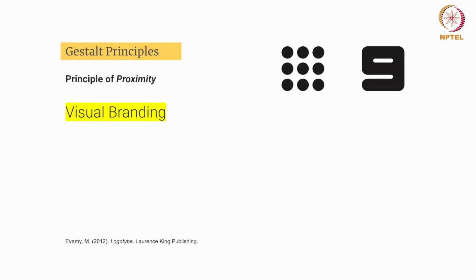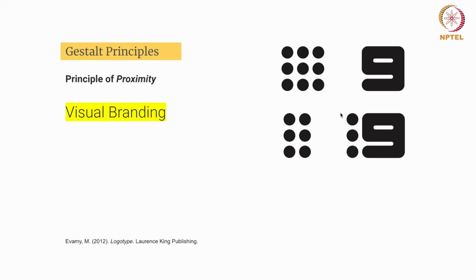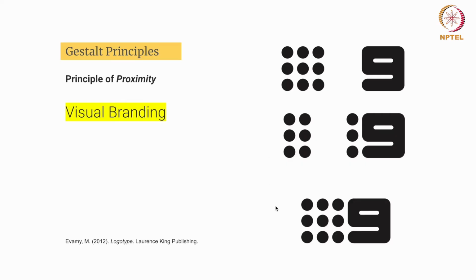So this is the Channel 9 TV logo. It's a broadcasting channel in Australia designed by Sandgrove Designs. It's very interesting, where you can see nine dots along with the text, the number nine. Here, if you see, these are two of the segments when you see the logo, right? And imagine if the designer had considered this in the proximity in this way, then the overall representation of the logo would have been different. So again, this is the final logo which they have considered.